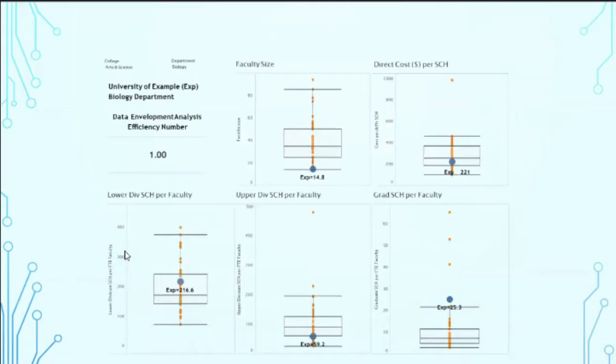Again, just to summarize, this is very much a focus on discipline level analyses. We do have other examples of best practices that relate more to the institutional level, looking at all programs simultaneously, or in some cases we have some systems that look at each of the university level compared to each other with a single number. And so at a future time we can illustrate some of those, and if you're interested, certainly contact me. One final note that I would offer,